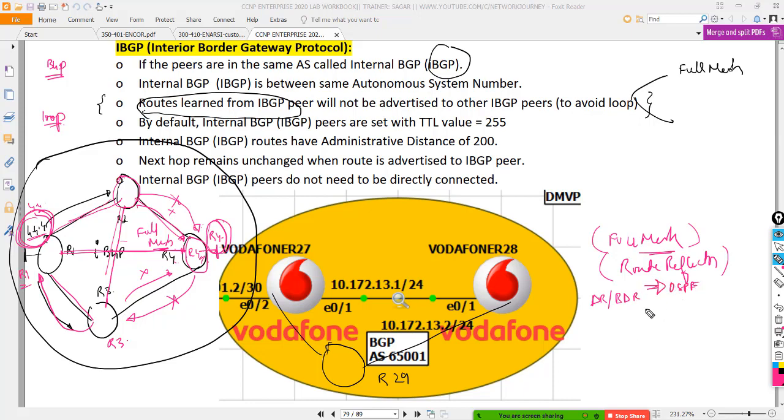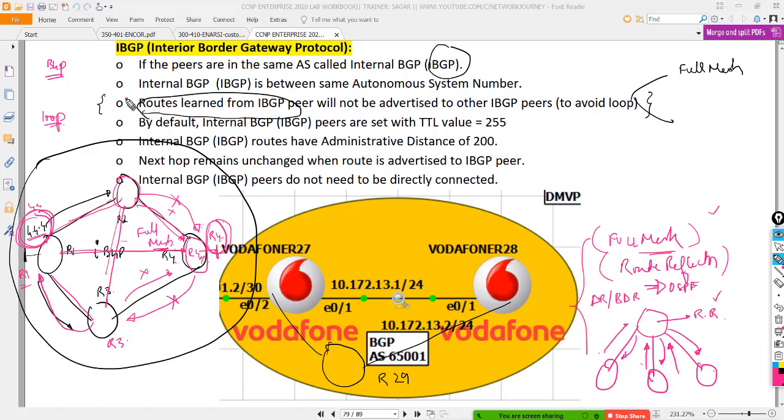There will be a router elected as route reflector. You must form a neighborship with your RR, and the route reflector is going to send update packets accordingly. We will do these two labs, maybe in the next class.